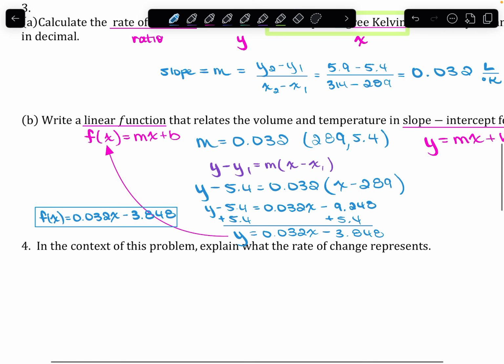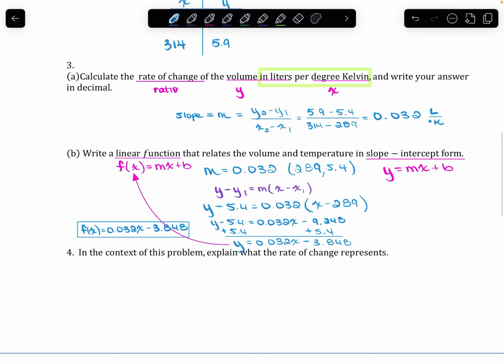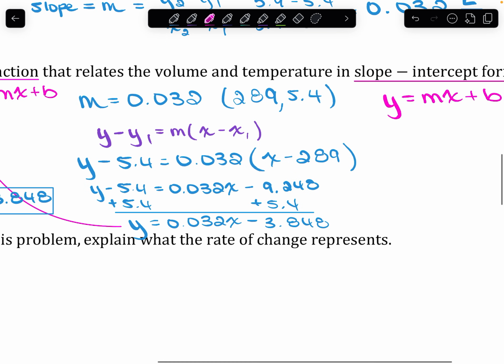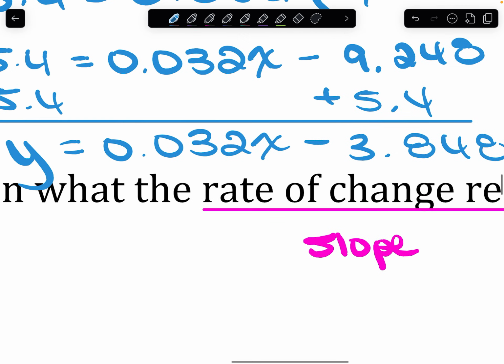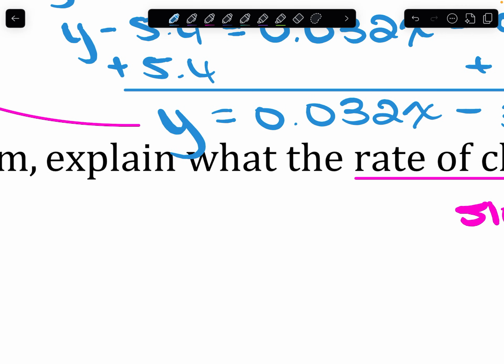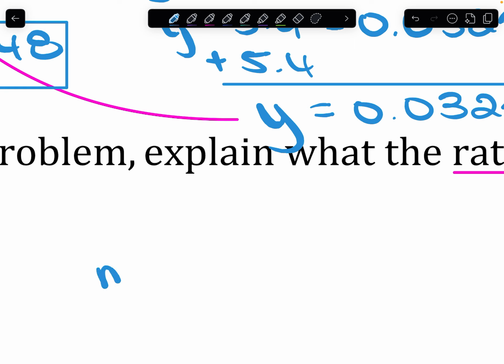All right. Question 4. In context of this problem, explain what the rate of change represents. So we've got to think back to, well, what is the rate of change? So back up here, 3a, rate of change, that is your slope. So just saying slope is not in context. So you have to explain the slope in terms of the variables being used here. So we're going to start with our slope. We know it's m, and we know it is